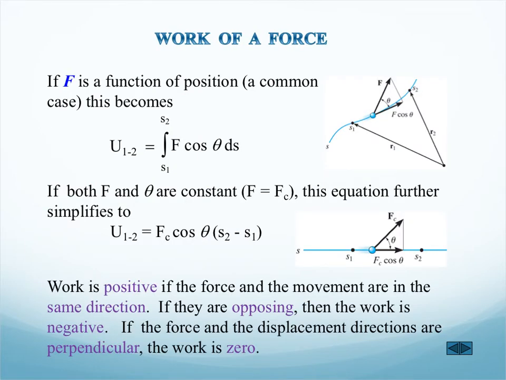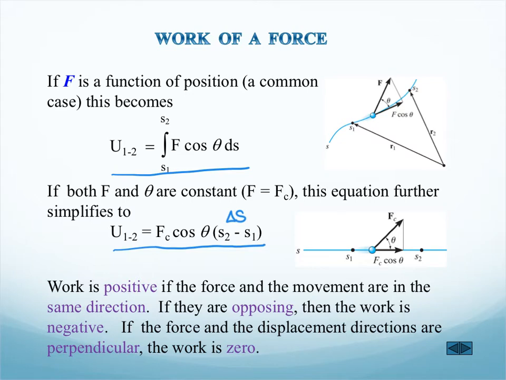And so here we see some of the expressions that I already wrote. This is the more general expression for work, where we allow for the possibility of displacement and force changing their orientation to each other so that the angle might change. It also allows for the possibility of the force changing. You can simplify this and get rid of the integral sign if the force and the angle are constant, and then it's simply just the force times the cosine times the displacement, which is this delta S, which is S2